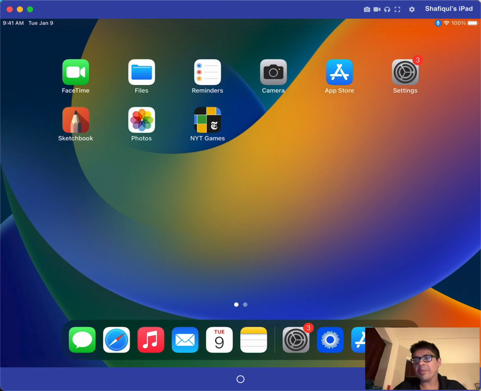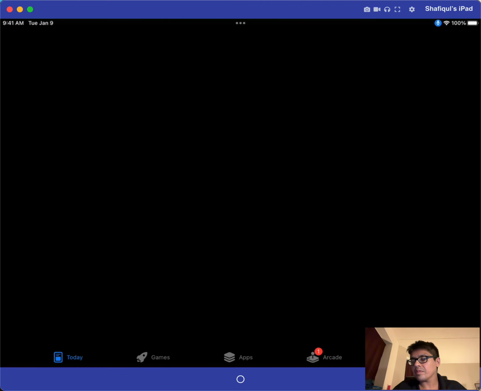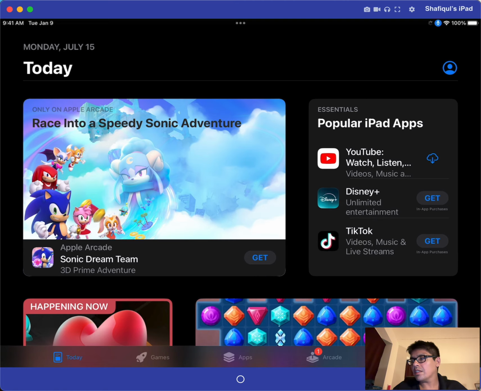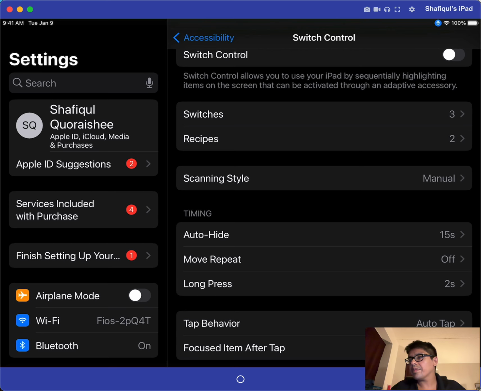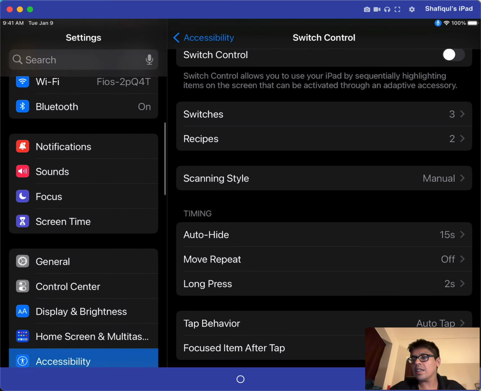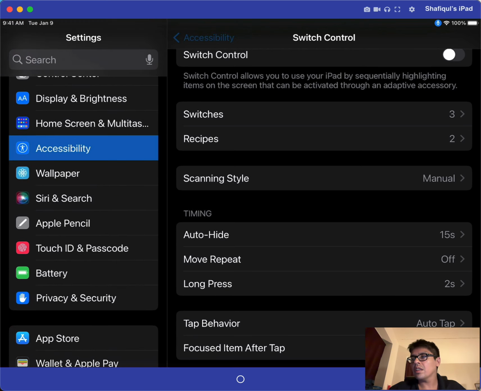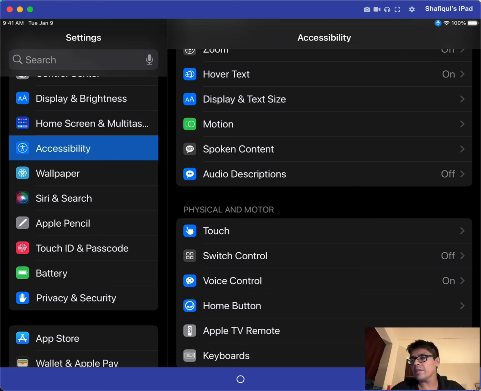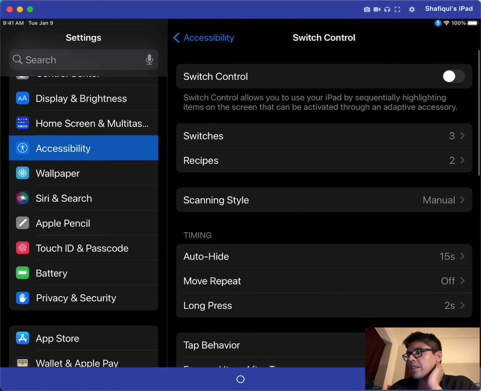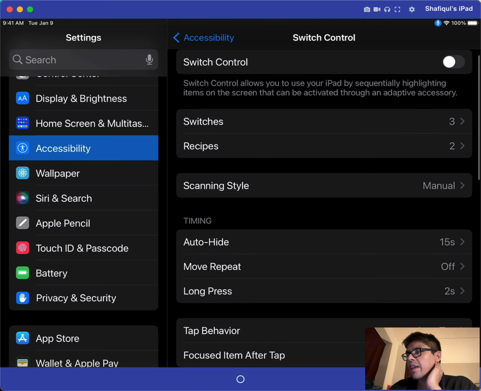So what we're going to do is go to the accessibility settings. Okay. Sorry, that's the App Store. I'm going to go to the accessibility settings. And so there's an accessibility setting. Here, we'll start at the beginning. The accessibility setting is under this item called switch control. It's off now, and again, remember I have the accessibility shortcut set up. So if I click switch control, I see that I have it off, but I can turn it on, and